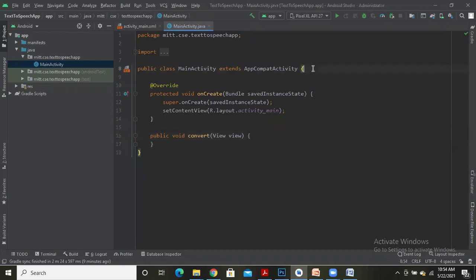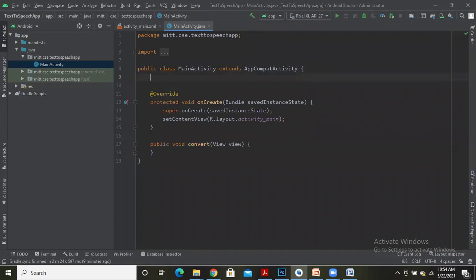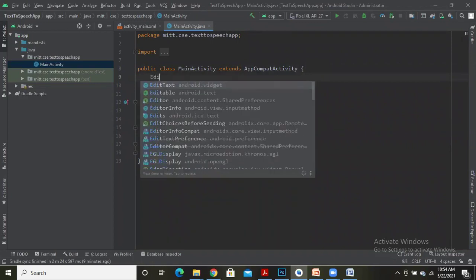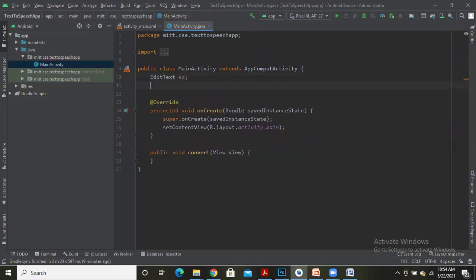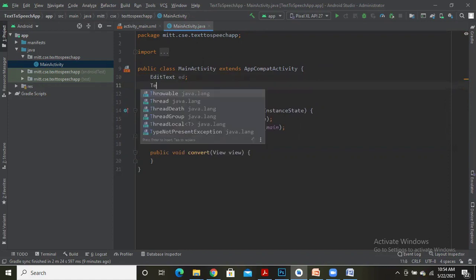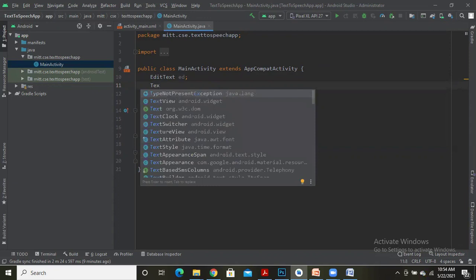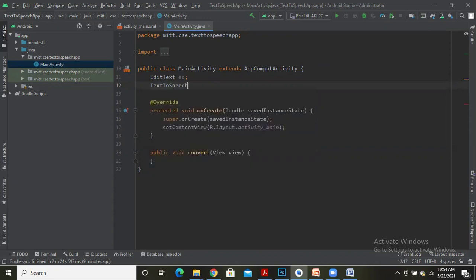Okay. Inside my main activity, let me declare a variable of type edit text, EditText ed. And similarly, I'll create one more variable of type TextToSpeech. I'll take it as T1.